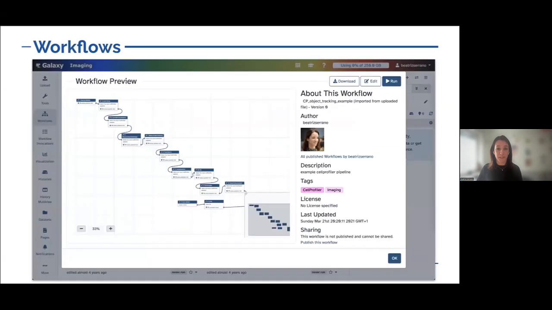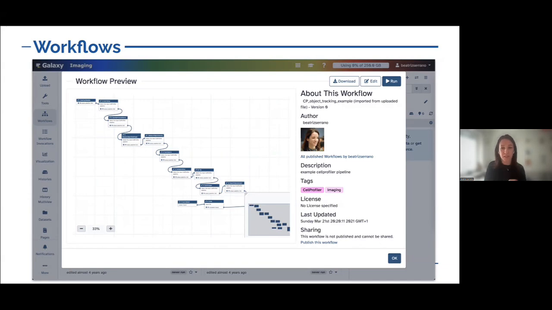Now, if the process that you want to run is more complicated, you may need a workflow and you may need to put several of these things together. So in this case, you have an example of a workflow preview. It's a very linear one. It's a simple one as well. Every one of the boxes is a tool, but you can make this as complicated as possible. You can have several branches, data coming from different sources. I mean, you can be as creative as you like. For now, we have this very simple one with boxes that are connecting to each other, and the outcomes of one tool are used as input for the next one, and this is all graphically represented.